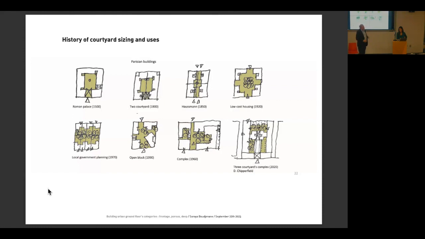So I think we must get back to the idea of the court, which can be dense, because in the old neighborhoods in Paris, in the Faubourg, it's not so dense, because they still have some row houses at the back, coming from the rural tradition and the craftsmen. So you manage to